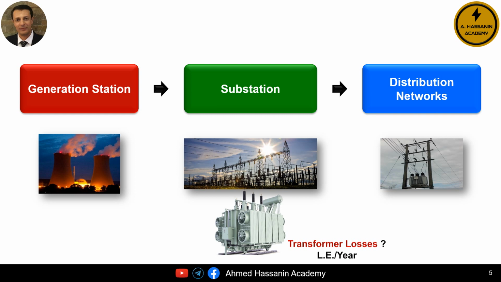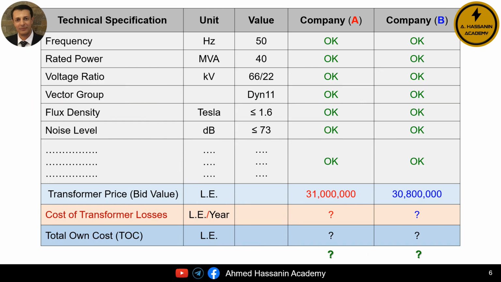Naturally, the electrical energy that is lost is something I am paying for, and thus it represents a financial loss for me. That is why it is extremely important to determine the cost of the losses or the cost of the electrical energy lost within the transformer, and to know exactly how much this cost will be over the course of 1 year. From this, we understand that one of the most important steps in the process of purchasing power transformers is calculating or determining the cost of losses for each transformer, of course, after reviewing the technical specifications